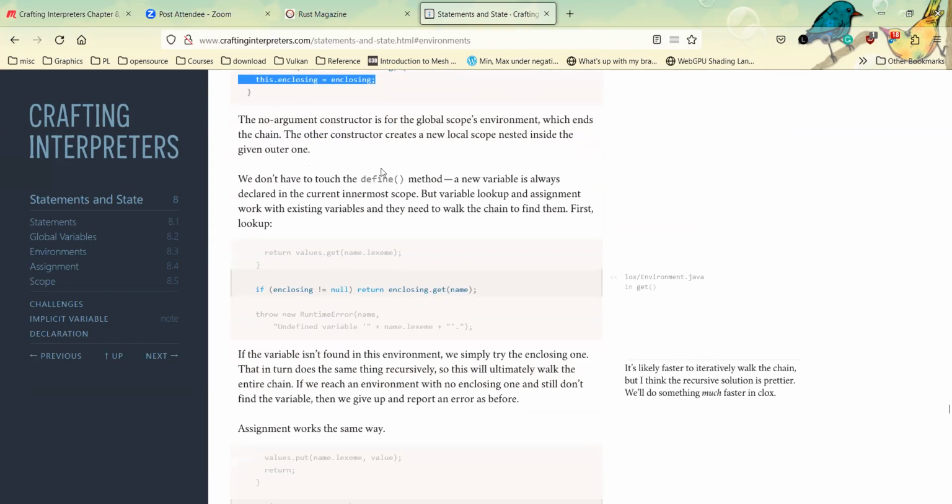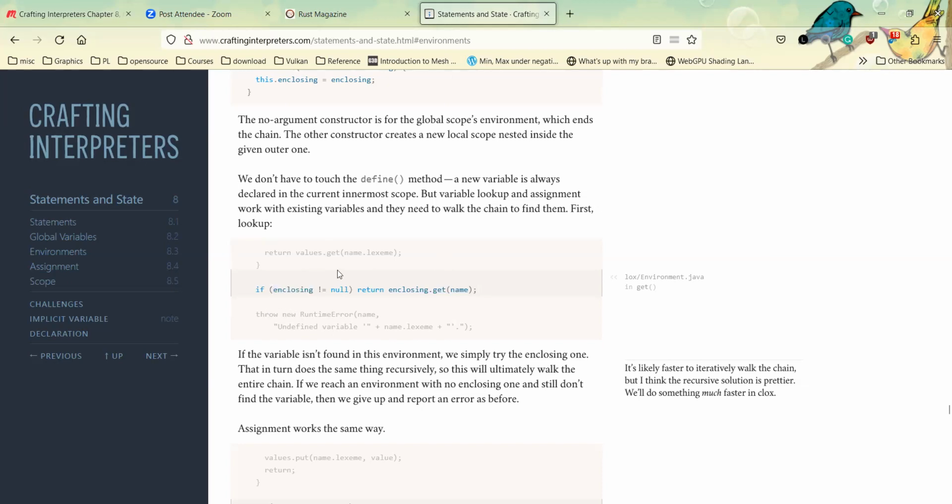And then when we look up a variable, we first try to get it from the current environment. If it doesn't exist, we try to get it from the enclosing environment, and we just look up this chain until it doesn't have an enclosing environment anymore.